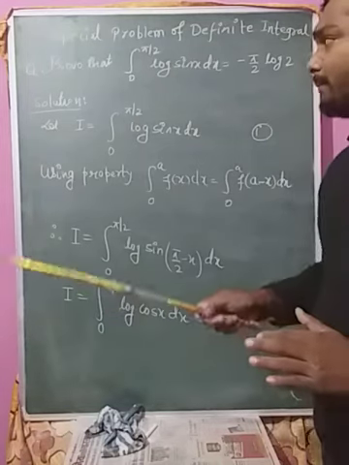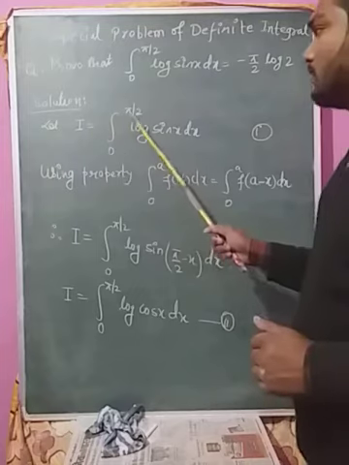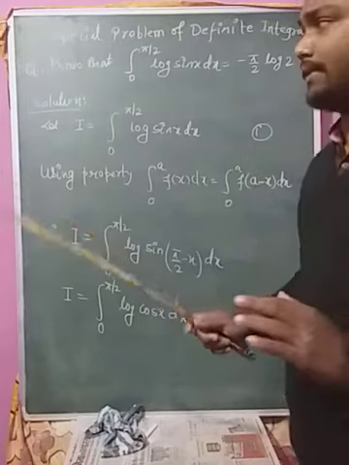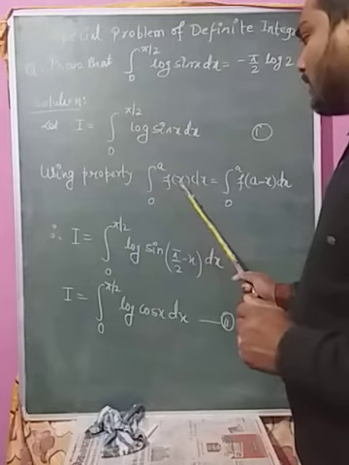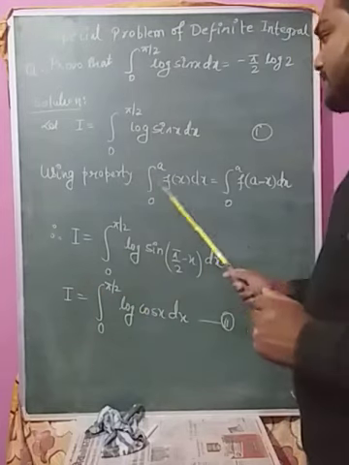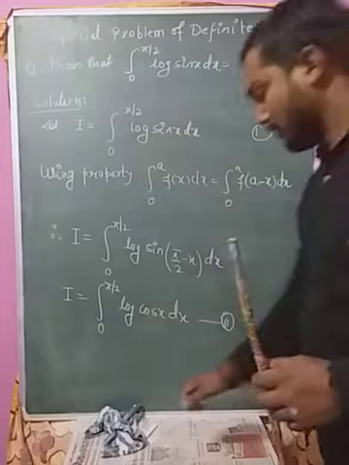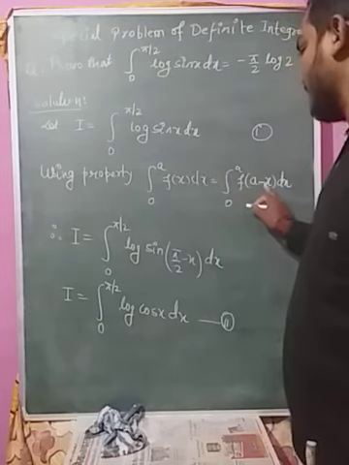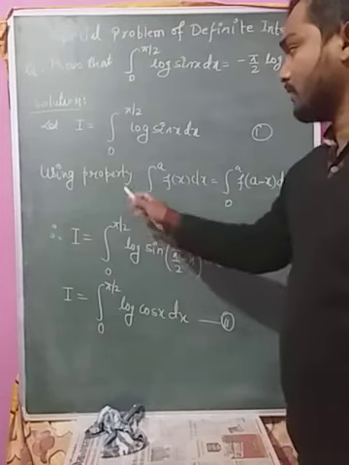सॉल्यूशन के लिए लेट I equal to 0 to pi by 2 log sin x dx is equation number 1. We use a property that is 0 to a f of x dx equal to 0 to a f of a minus x dx। इस प्रॉपर्टी के अकॉर्डिंग ये जो x है वो रिप्लेस कर सकते हैं आप a माइनस x से, दोनों के इंटीग्रेशन सेम होंगे।